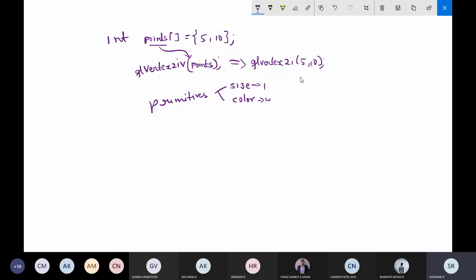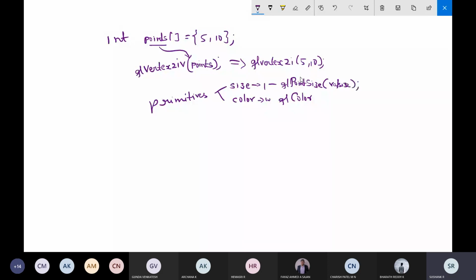If you want to change the color, you can use a function called GL color function, and for changing the size, you can use a function called GL point size.